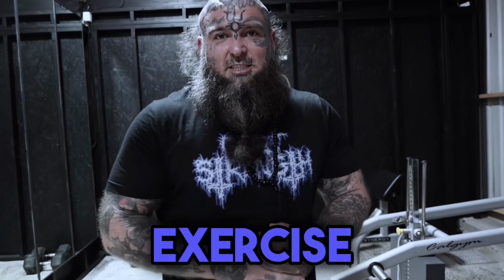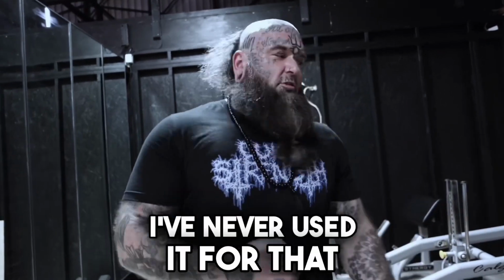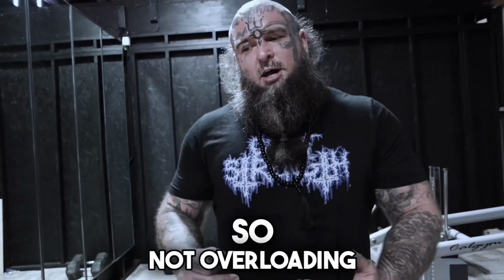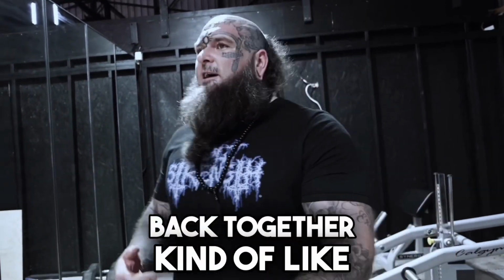Okay, so moving on to exercise 2 for my back. I'm gonna utilize this pin press machine for my bent over rows. I've never used it for that before, but had an idea the other day. I want to give it a try and use it really as more of a squeeze, so not overloading it, but really focusing on intention, squeezing obviously my shoulder blades back together, kind of like you're doing a bench press,